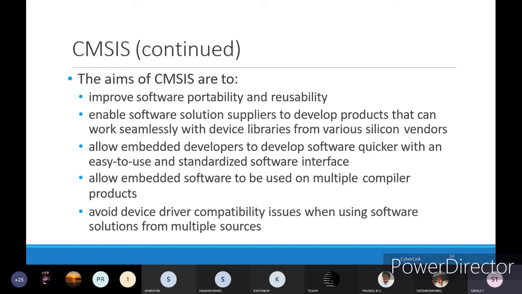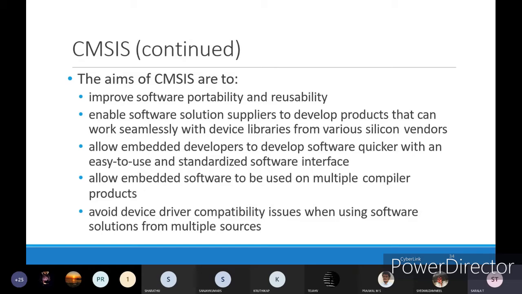Okay, allow embedded developers to develop software quicker with an easy to use and standardized software interface. With respect to the standardized software interface, it should be easy to use for embedded developers. Allow embedded software to be used on multiple compiler products. Different types of compilers should also support the embedded software.